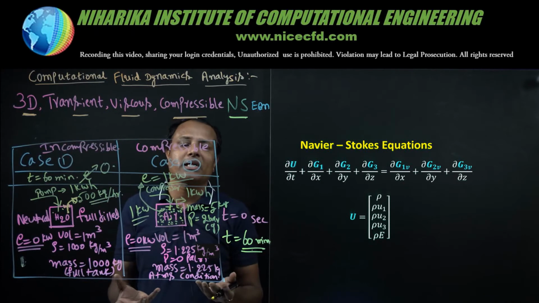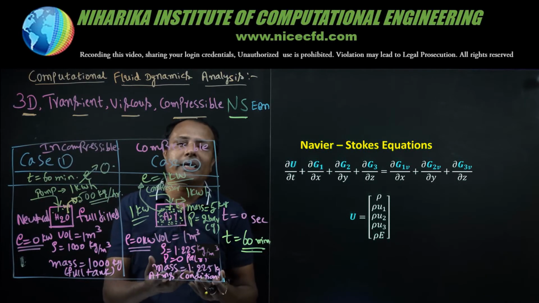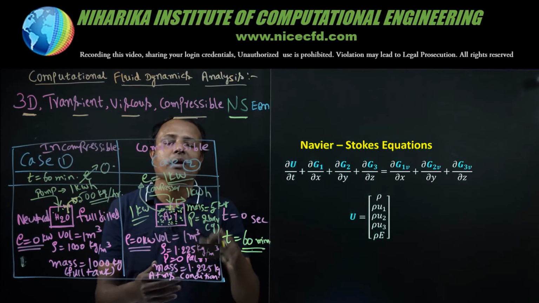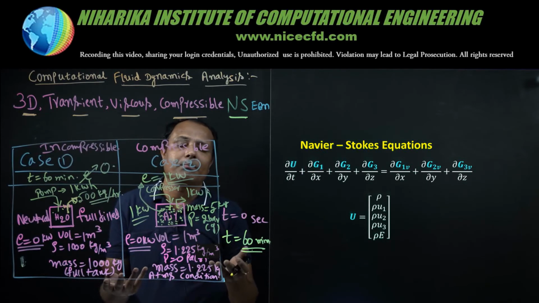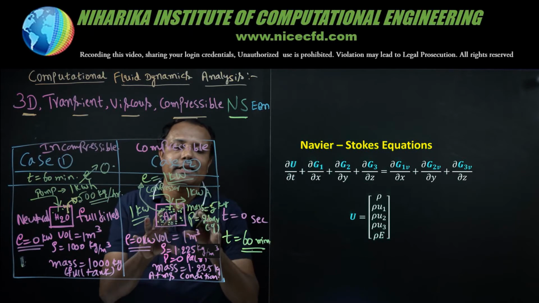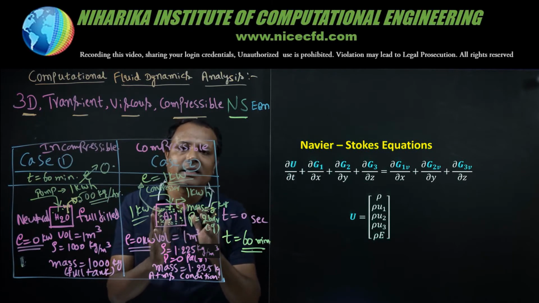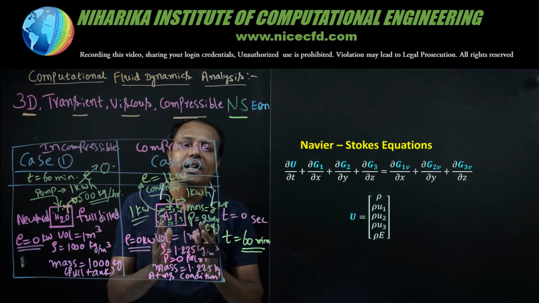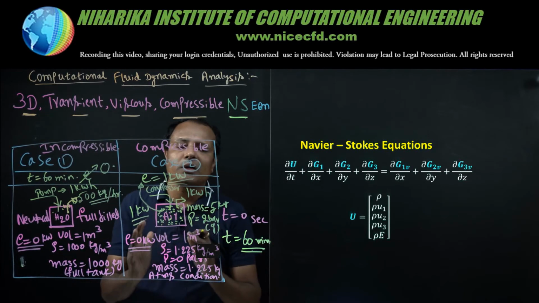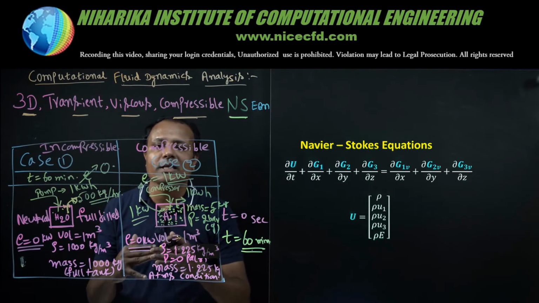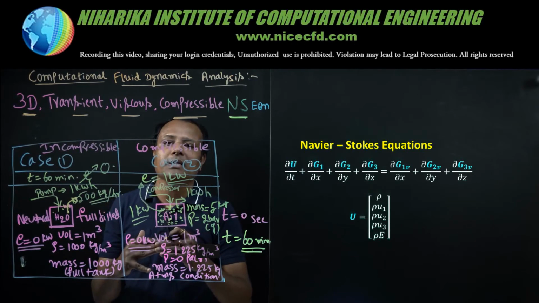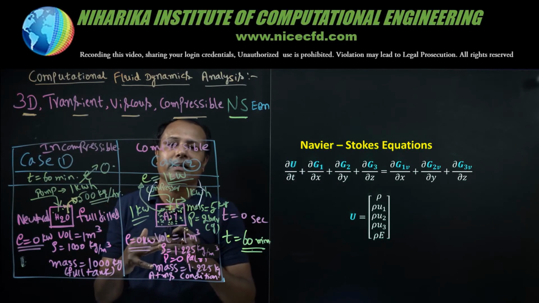Allow that air to expand over a small turbine. It is sufficient to rotate the turbine, thereby generating some power. So that energy is internally stored in the air. That is the reason for compressible flows, internal energy is very, very important. Now the question is, how to guide my CFD solver to run in a compressible mode. That is very, very important.